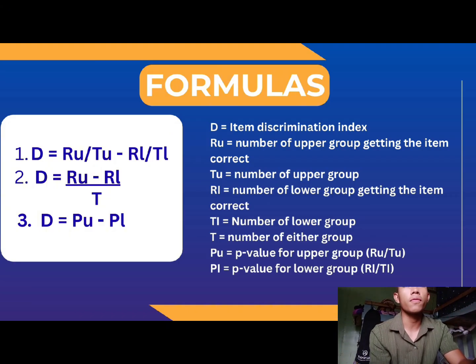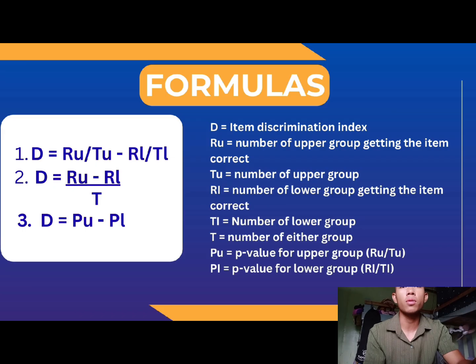Another way to write the formula is D equals (R sub U minus R sub L) over T, where T is the number of students in either group. We can also express it as D equals P sub U minus P sub L, where P sub U is the proportion of correct answers in the upper group, and P sub L is the proportion of correct answers